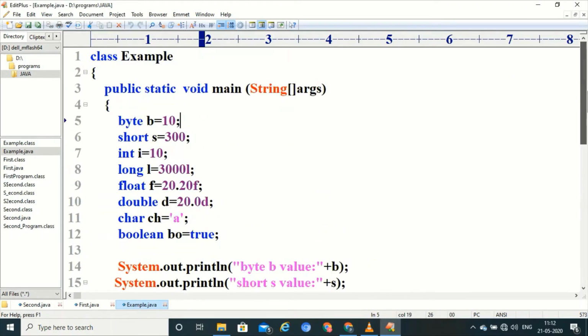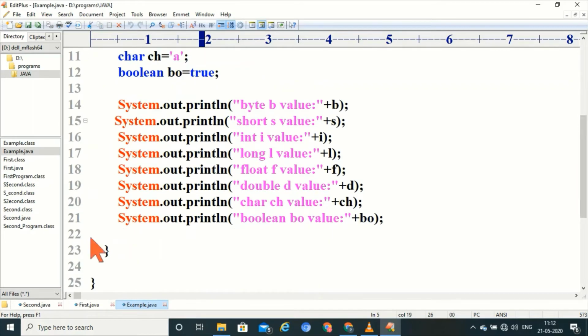Let's see an example. I want to create an object for the Example class. Example obj = new Example.